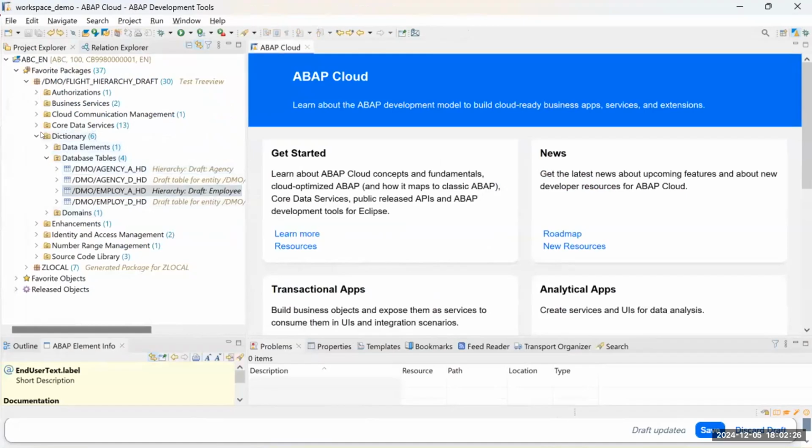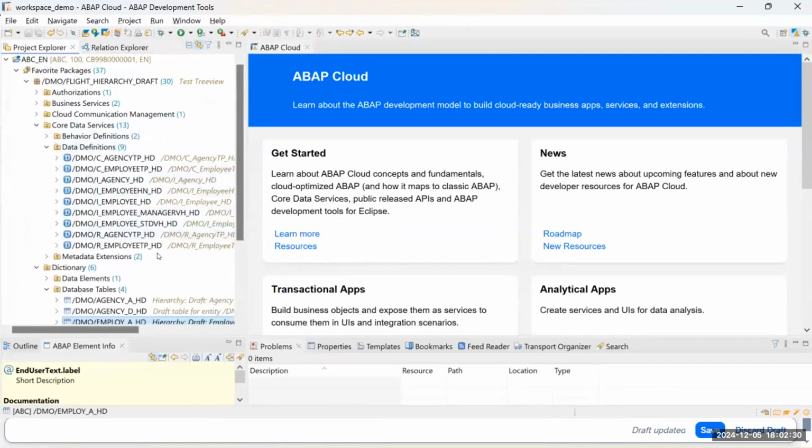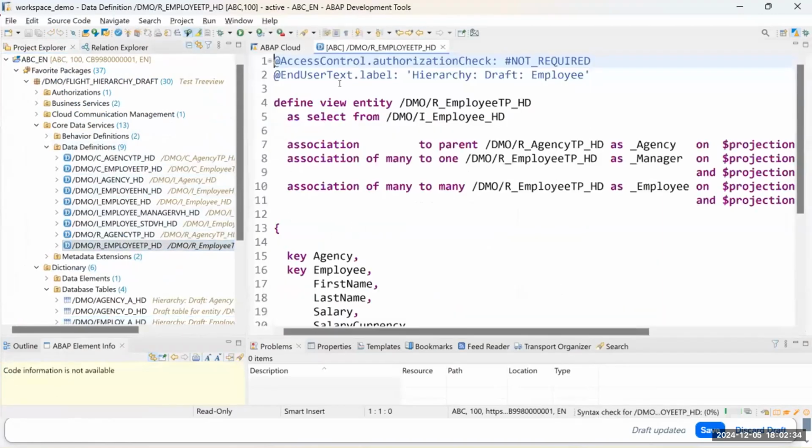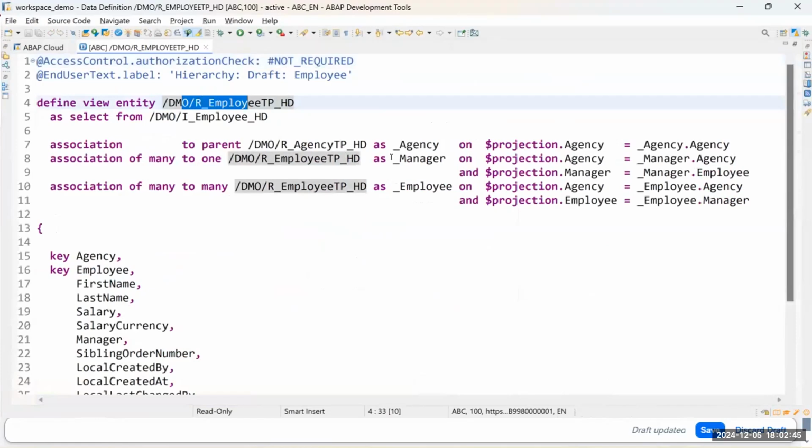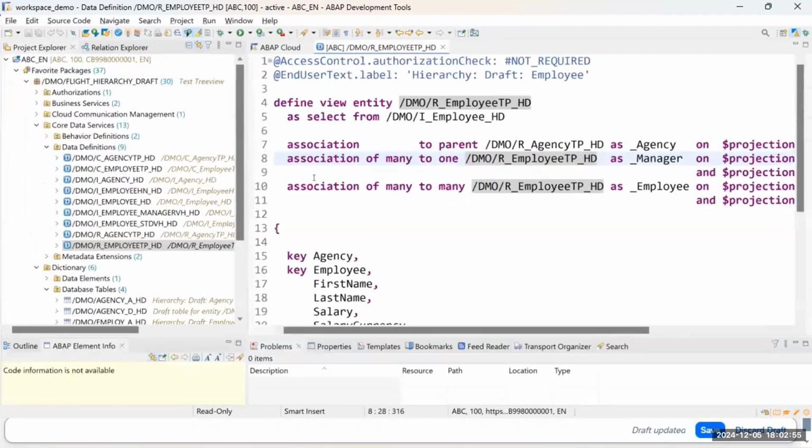We close this one here and step quickly into the modeling. I will not show you all the details, don't worry, but very briefly: we have the base CDS view that is used for the modeling of the RAP BO. And here you see the so-called self-association. So this CDS view points to itself in order to allocate the manager, but also the employees underneath. In this case, we even use 2 self-associations. One would be required, the second one is optional.